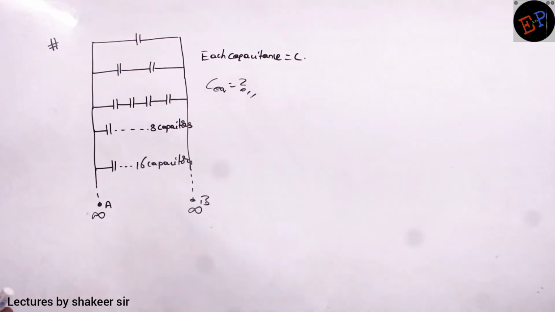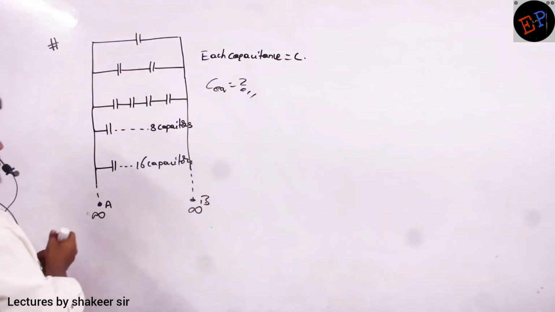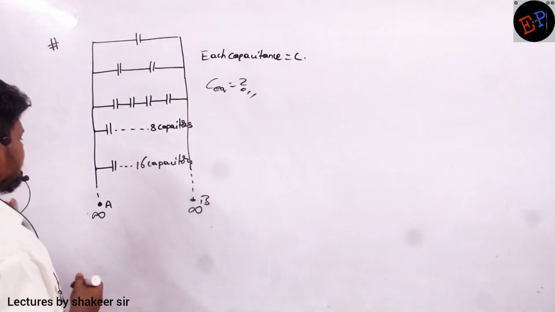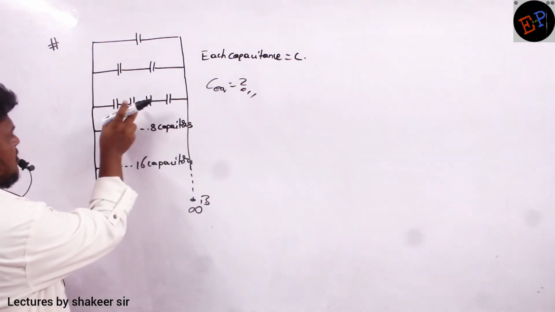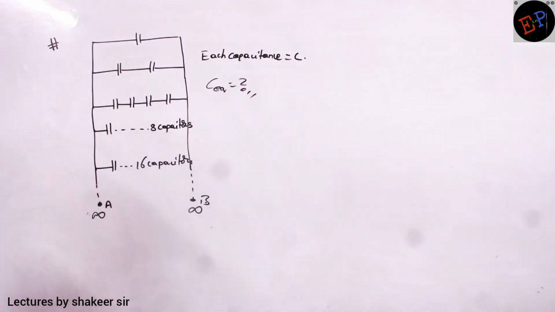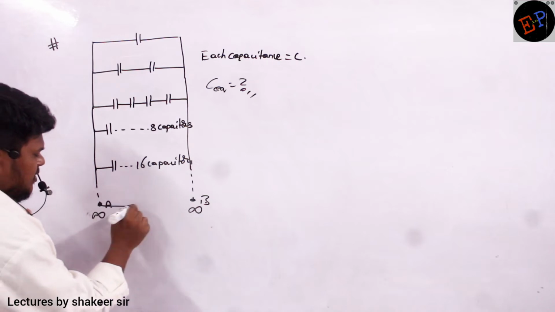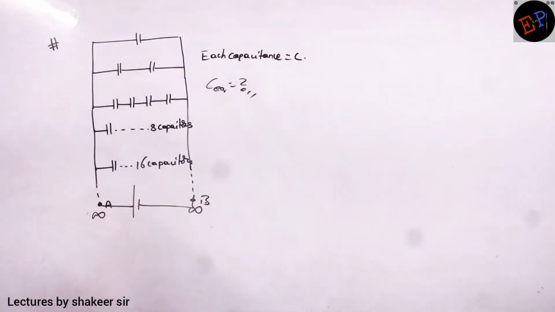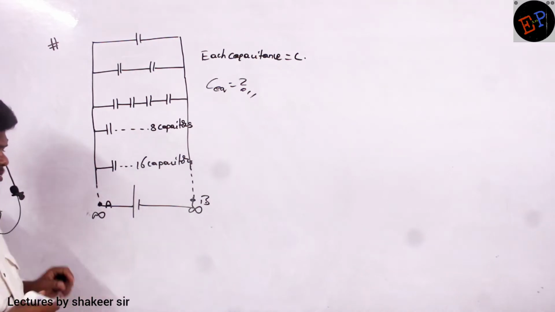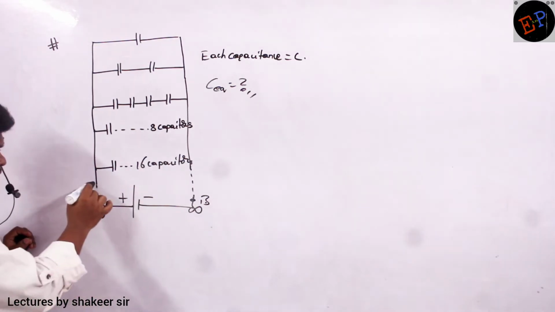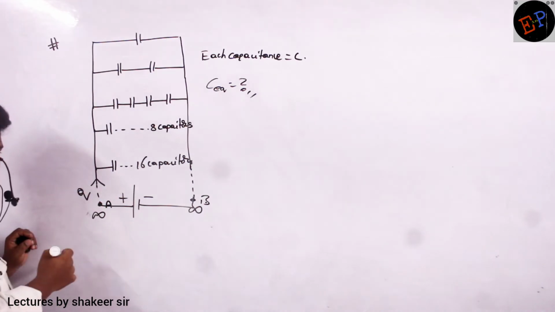See here, this is the arrangement of capacitors. See this branch, this one, this one, this one, and this one, they are connected in parallel connection. Clear, no? See, for example, if I connect a battery between terminals A and B, what are the terminals given? Terminals are A and B only, no? So in between these terminals, if I connect a battery, it will supply Q amount of charge, no?